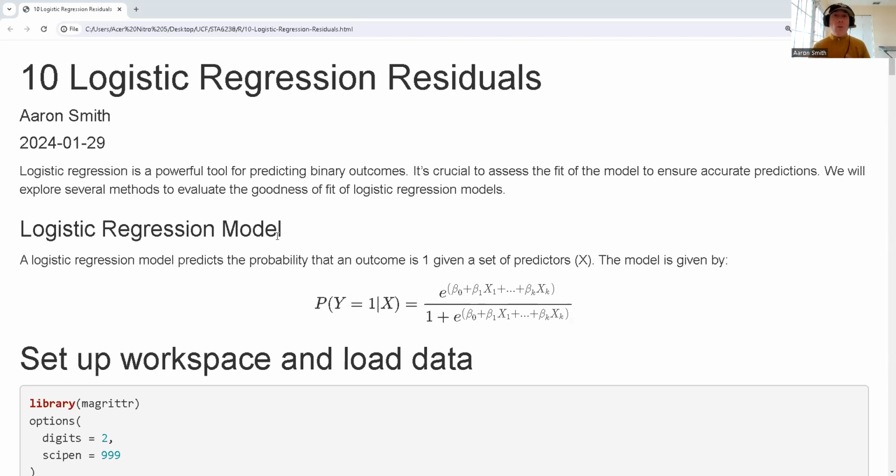Now, the residuals are the difference between what I observe, the truth, and what my model predicts for that particular value. And we'll have residuals for our training data, our validation data, and our test data. If I'm doing a project that is like prediction, I'm going to look at all three of those. I'm not going to get into that aspect here, but I am just going to look at the types